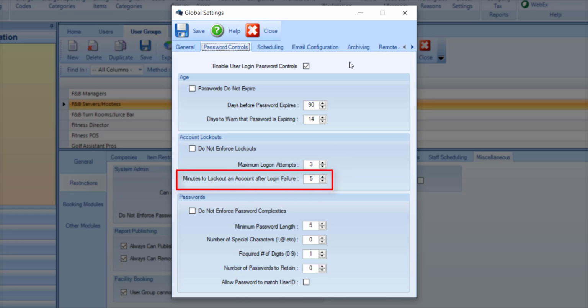Minutes to lock out an account after login failure. After exceeding the maximum login attempts, the user will be locked out for the length of time in minutes specified here. The lowest this can be set to is 1. The user will be able to attempt to log in once this time has passed. If the account is still locked,